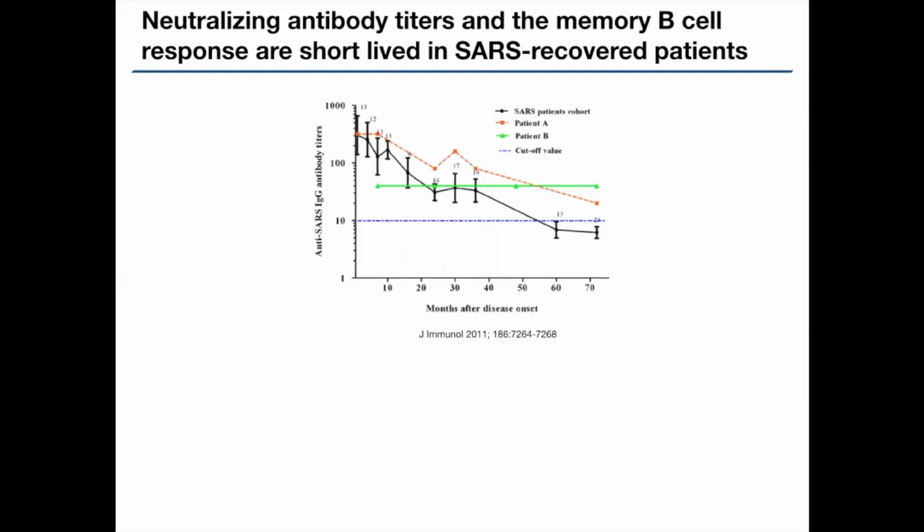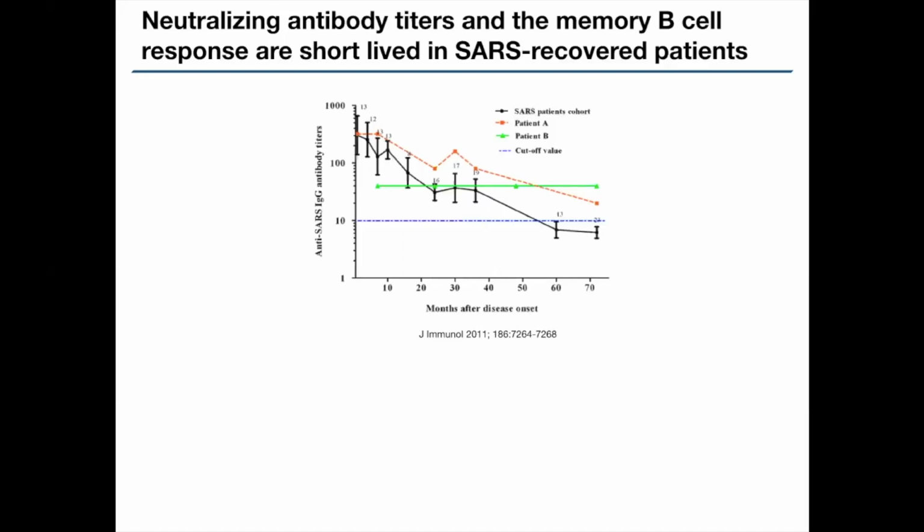However, this response is not sustained, and by a couple of years after the initial infection, their response is basically disappearing. You see a couple of outlier patients shown in the green line and the orange line, indicating that some people may be able to mount a sustained protective response. But for most people infected with these viruses, immunity probably wanes. And I think that's going to be important in thinking about, in particular, whether that is also the case for COVID-2, and what does that mean for continued circulation of this virus. So I think there are a number of really important immunological questions that need to be answered for COVID-2